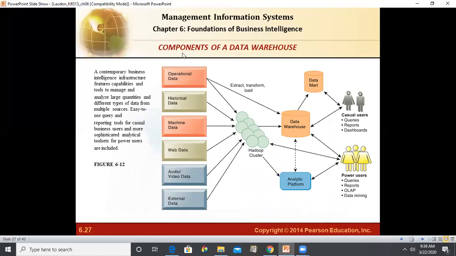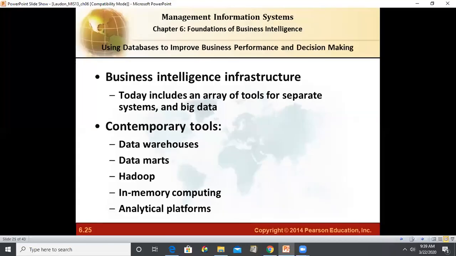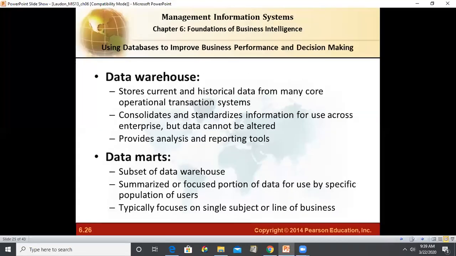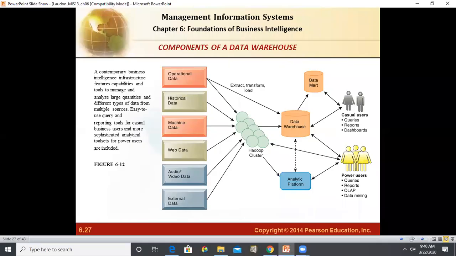So, Hadoop. Hadoop is... so this one is an illustration of the